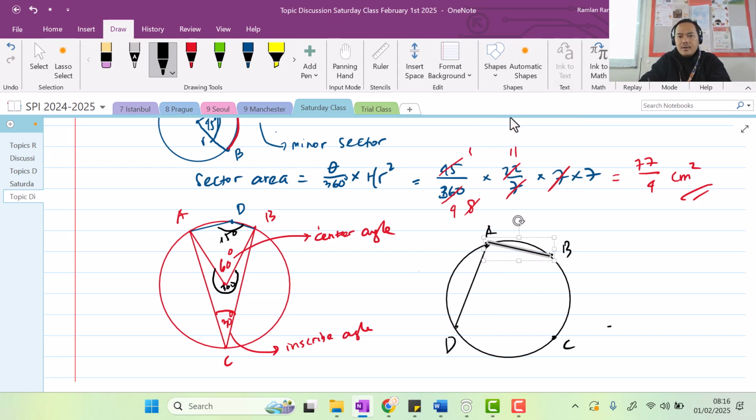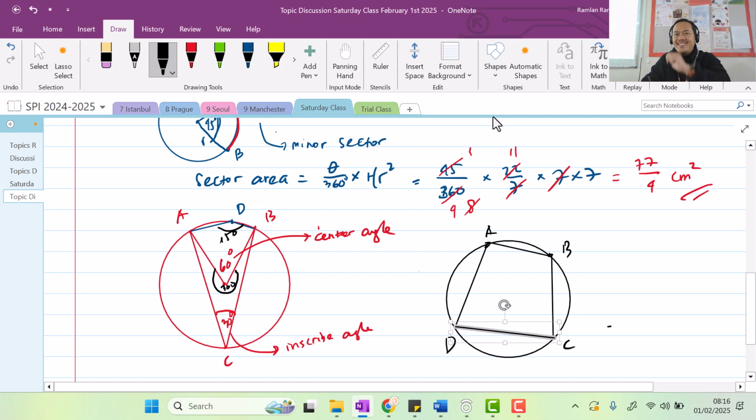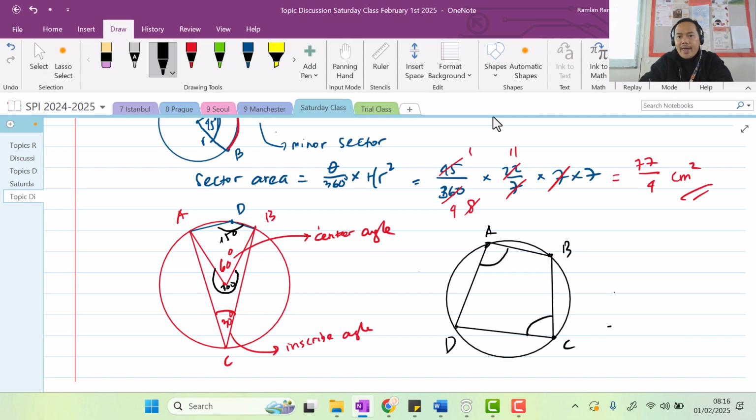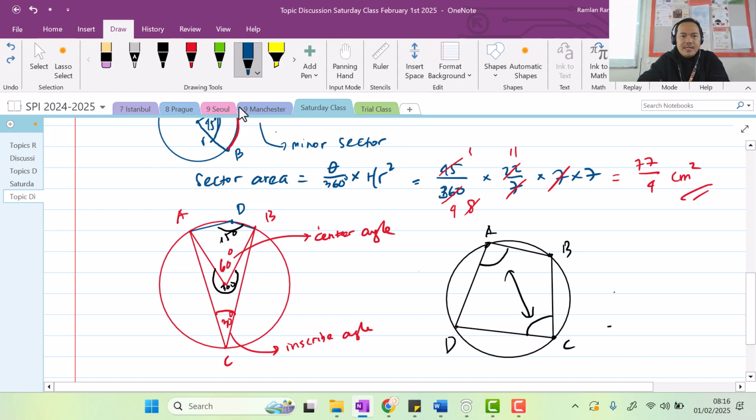And as we know, in a quadrilateral, let's go back to triangle. In a triangle, what is the sum of the angles? Okay, in a quadrilateral, what is the sum of the angles? Yeah, 360, very good. Now, in a circle, if it's this here and this here, if you add these two, there will be exactly 180, right? So you can see that this ABCD forms a quadrilateral, right? A four-sided shape, right?